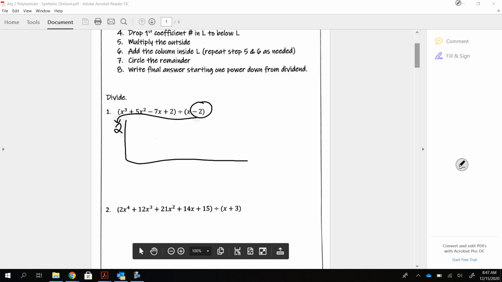All right, then step 3, write the coefficients inside the L on the top row. So we're looking at the coefficients of this big term on the left side. So we have x cubed, that coefficient is 1. We have 5x squared, that coefficient is 5. Then we have -7x, that coefficient is -7. And then we have,